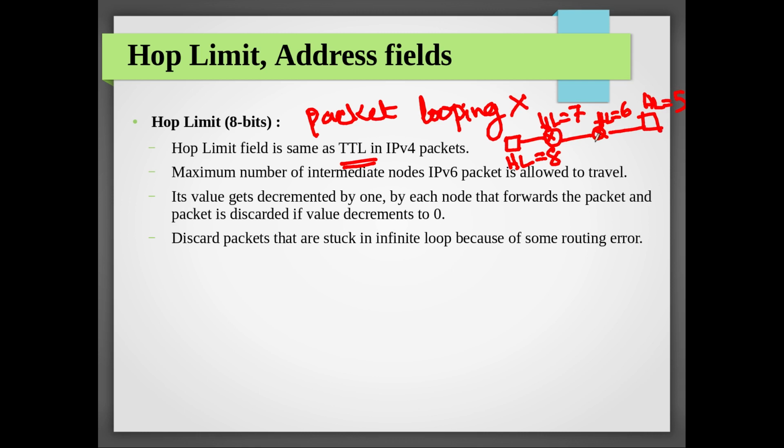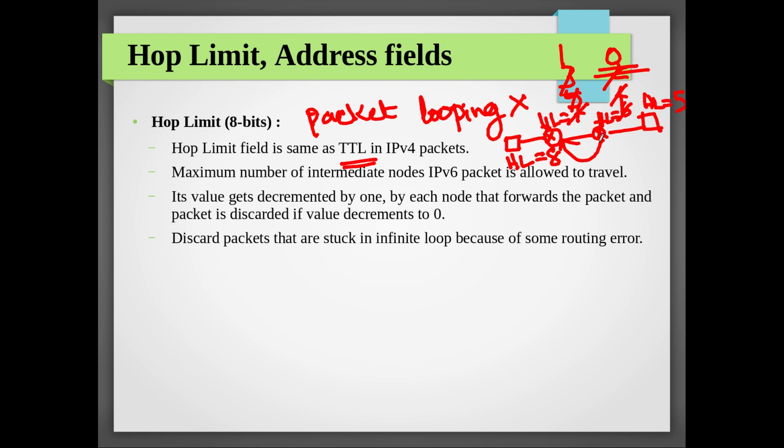Now suppose there is a loop, like from here it is coming here, then going on. From 5 it becomes 4, again suppose it is coming back at this point, it will be 3, and again at this point it will be 2. Suppose it is coming back, here it will be 1, now here it will be 0. So what does it mean? Some kind of loop is there in the intermediate routers. So whenever you are getting the value of the hop limit field as 0, you were supposed to have reached the receiver. In this case it has not reached.